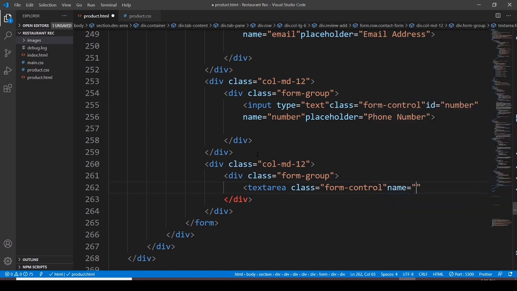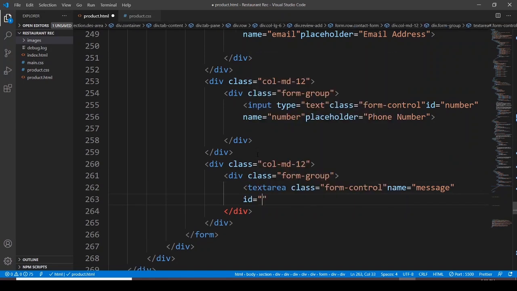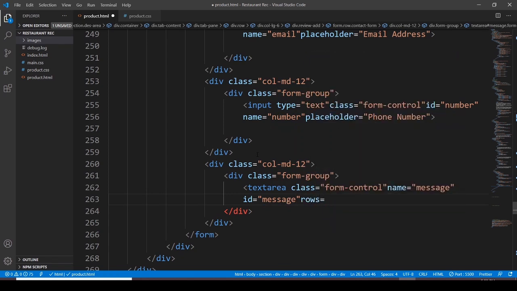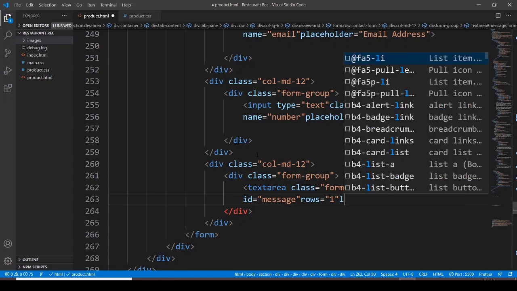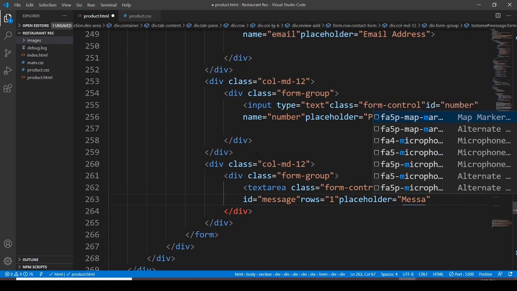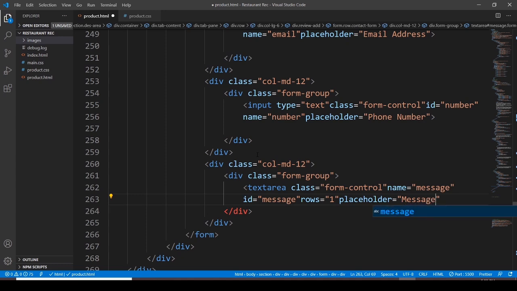The name of this form control is going to be message, and you know the ID for this is going to be message, and then we should have rows. So rows are going to be, it should have one row, and then we have to go with a placeholder. So the placeholder for this is going to be message,